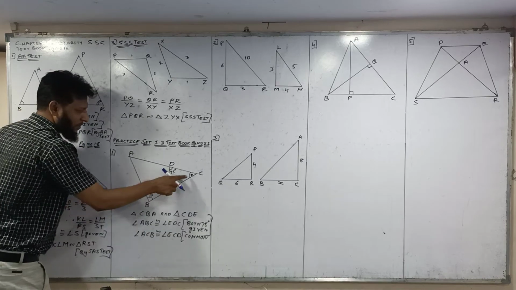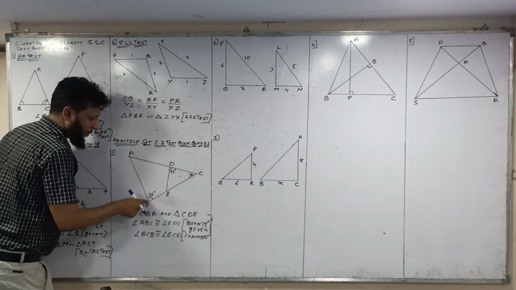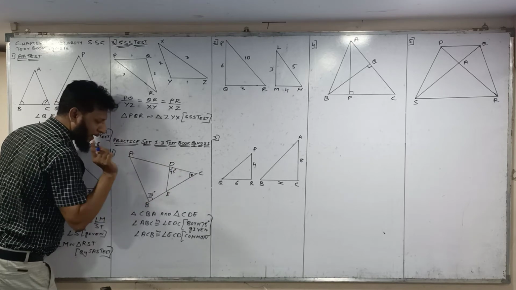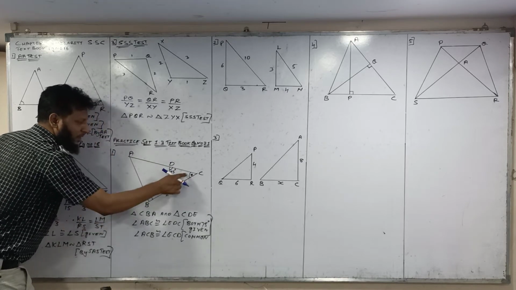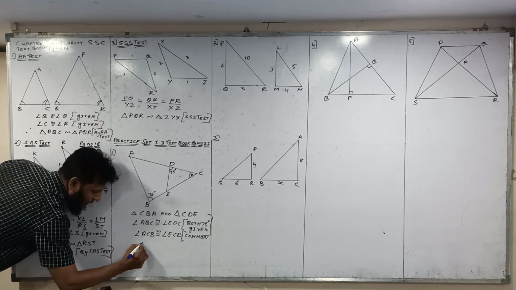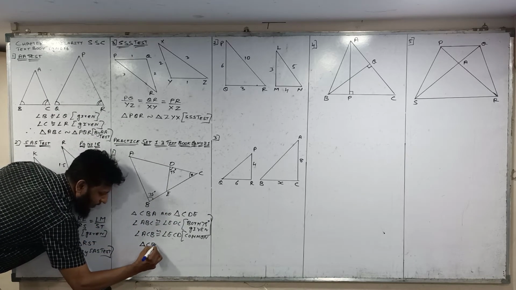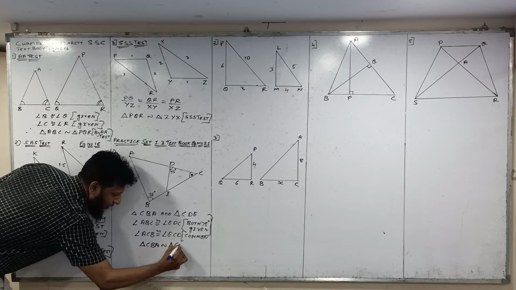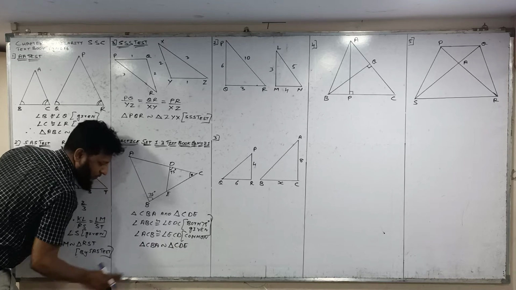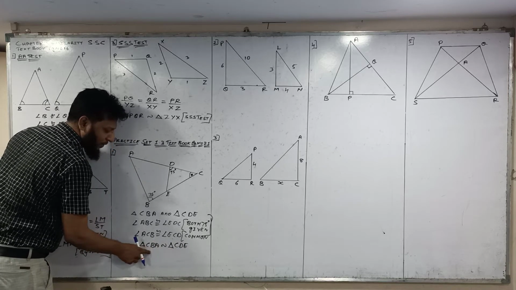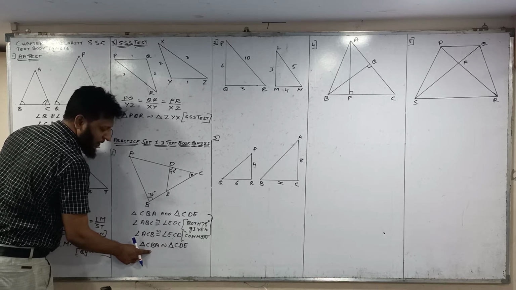Okay, for this triangle I am writing ACB, and for this triangle I am writing ECD. Both angles are the same, common angle, this angle. So if two angles of a triangle are congruent, then the triangles are similar. Triangle CBA is similar to CDE. So here you have to write the name in proper correspondence when you write that the triangles are similar.